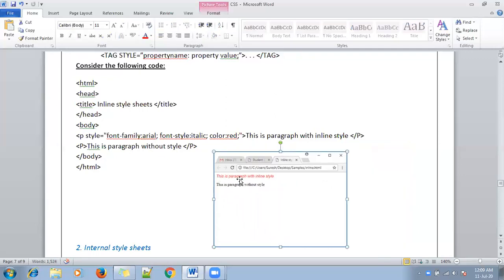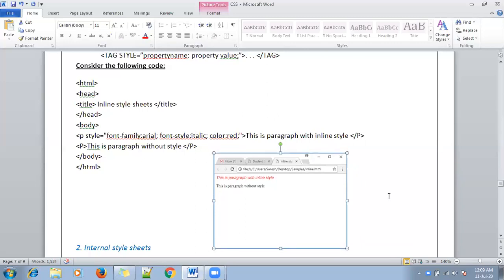This is paragraph with inline style. The first one will be affected: the color is red, italic, family Arial. The second paragraph will not be affected because this paragraph doesn't have any style. So this is how you can write inline style sheet for any tags in the HTML page. Okay, so the next one is